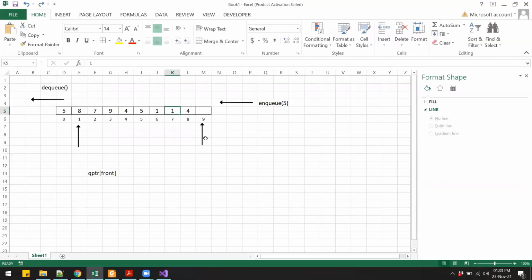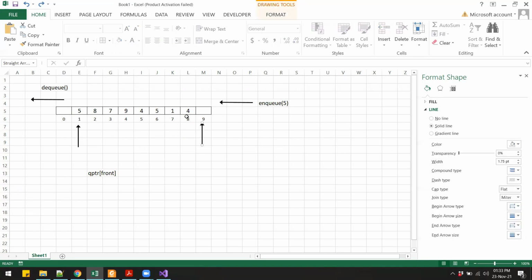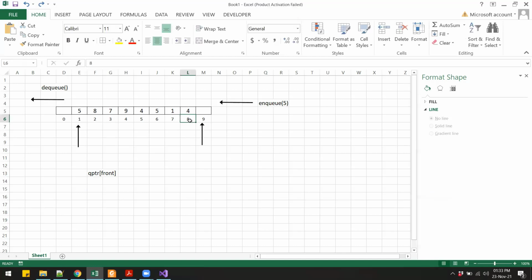All right, I'll just undo this. Right, currently the queue looks something like this. So we will start from the front of the queue, and we will keep on shifting until this index, which is index number 8, and that is ria minus 1. So ria is 9, ria minus 1 will be 8, right? So we have to shift up till 4 because 4 is the last person in the line.